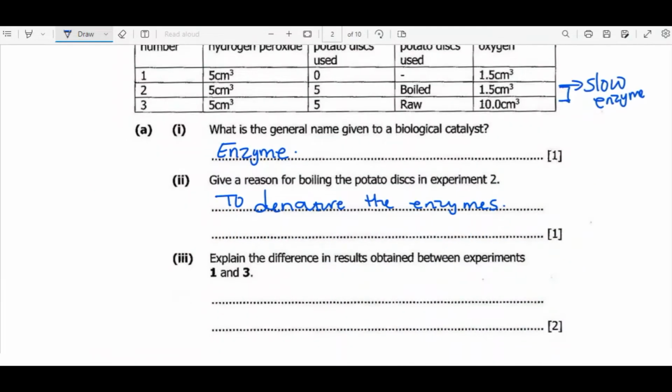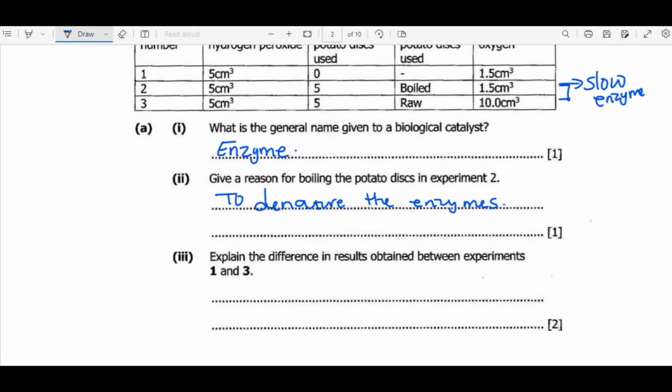Now we move on to question 3. Explain the difference in results obtained between experiment 1 and 3. So the result is in experiment 3, presence of enzymes, the reaction was fast, and because of that the volume of oxygen produced was greater than the volume of oxygen produced under experiment 1, where no potato discs were used. So say